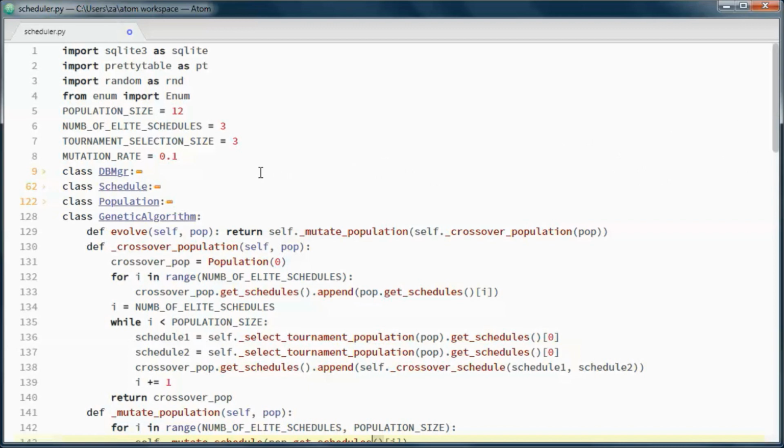Let's make this to be 1 and make this population size to be 9. And this public method calls crossover population, and what's returned from that we call mutate population on it, and we return the population that was mutated and crossed over.